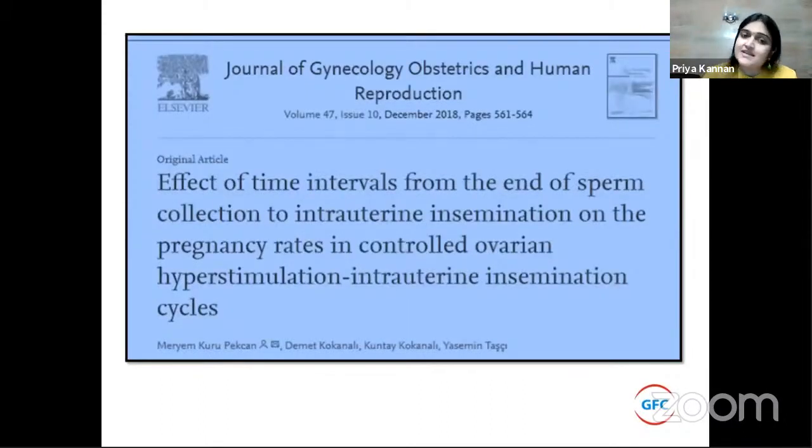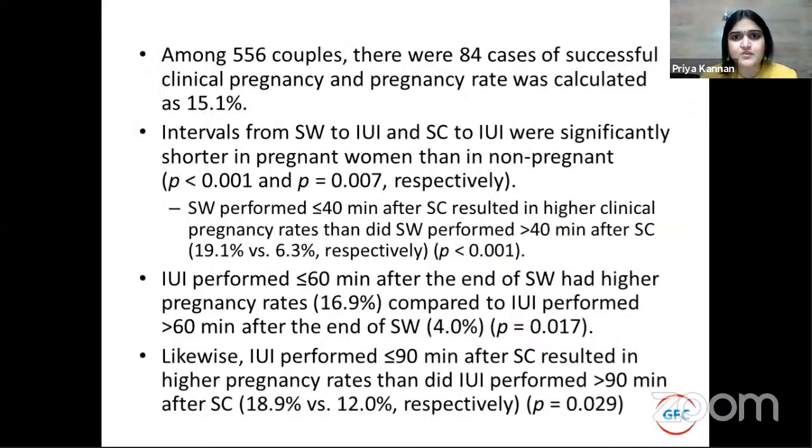Similarly, the same was published in recent times as well in 2018, which said that among 556 couples who had 84 cases of successful clinical pregnancy, the pregnancy rate was calculated to be around 15%. The shorter intervals between semen wash to IUI and semen collection to IUI were significantly shorter in pregnant women than in the non-pregnant category. The semen wash performed less than 40 minutes after semen collection resulted in higher clinical pregnancy rates than a semen wash performed more than 40 minutes after collection, 19% versus